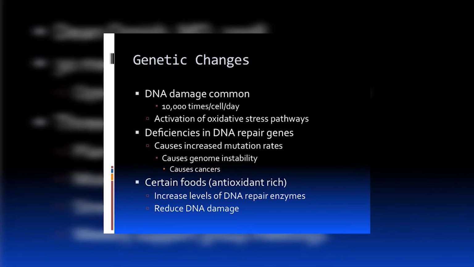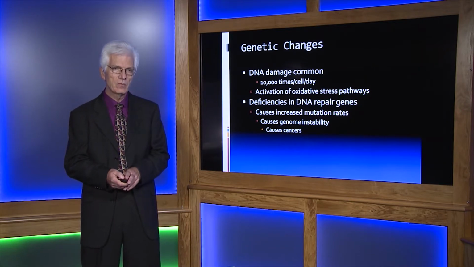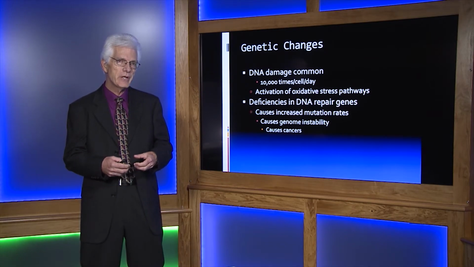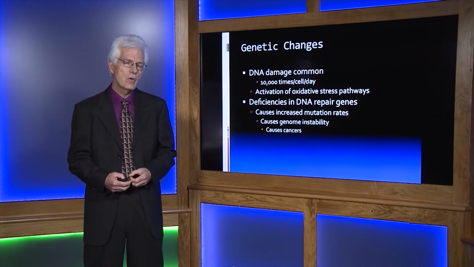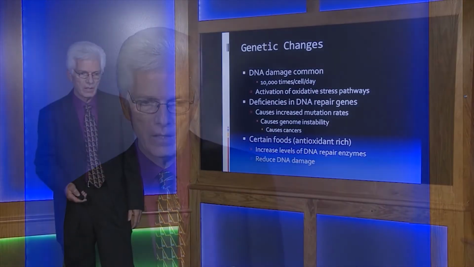Deficiencies in the DNA are taken care of by repair genes. You can have mutations which occur, and these things can cause genome instability. Once you get genome instability, then you have the onset of cancers and things of that nature. So if we can repair the genes, bring them back to where they ought to be, the cell will function at its optimal limit, and things like cancers and hypertension and heart disease will be minimized because the cell is